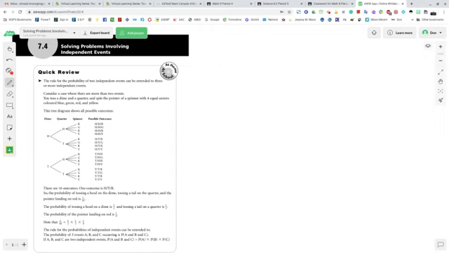Hey everyone. So today we're going to be talking about solving problems involving independent events. I just want to draw your attention to this definition right here. In the previous couple lessons, what we were talking about is one event or two events. However, the rule for the probability of two independent events can be extended to include three or more other independent events. So in this case here,